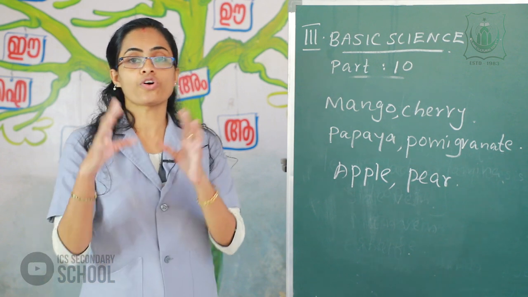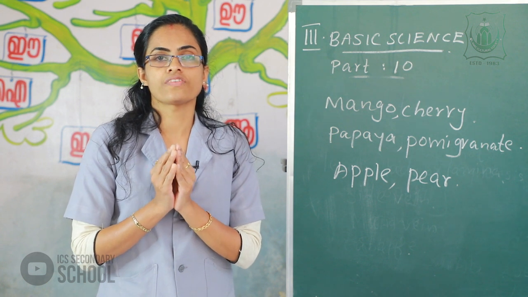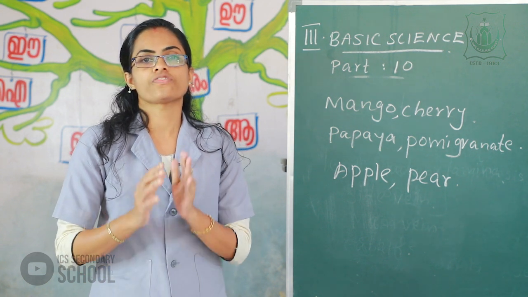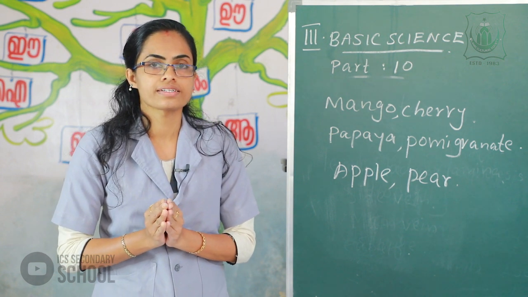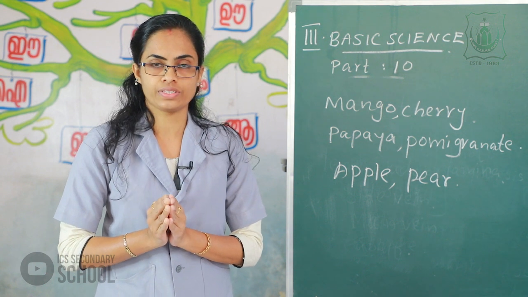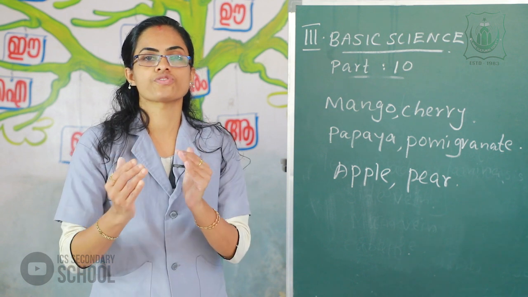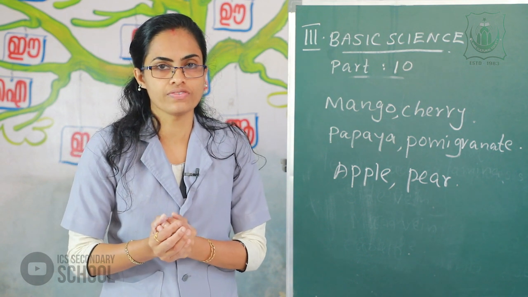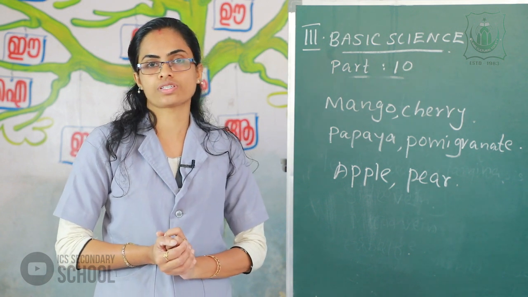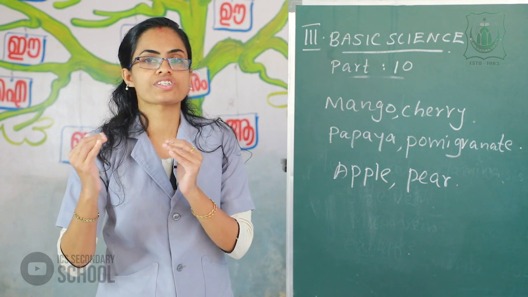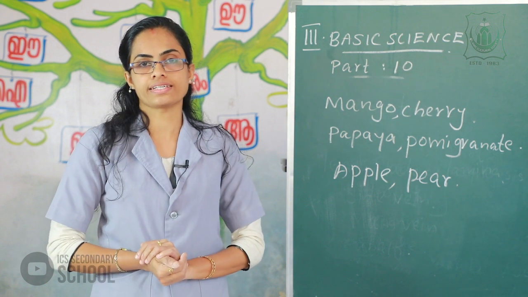All of you listen to me. The last class we discussed the functions of the root and the functions of the stem, and today we discuss the functions of leaf. The leaf makes food for the plant. The next one, the functions of flowers. Most flowers grow into fruits. The next one, the functions of fruit. It protects the seed.